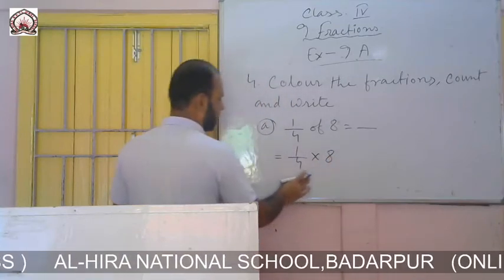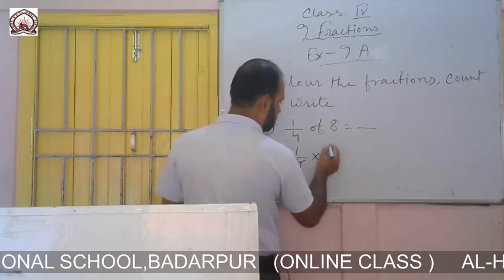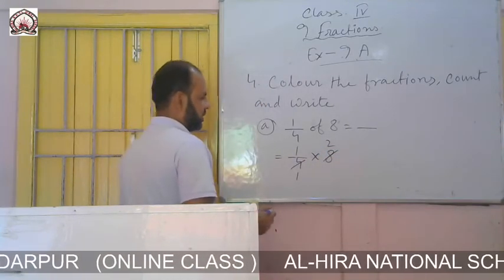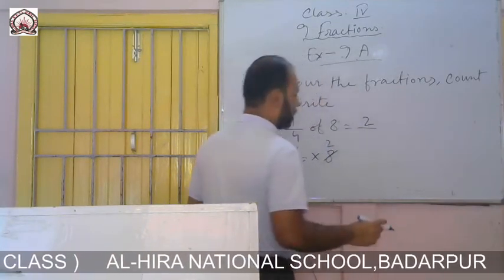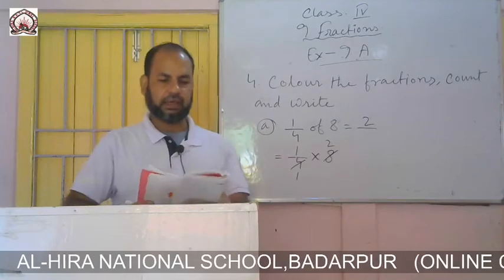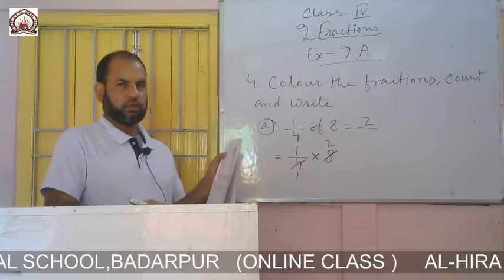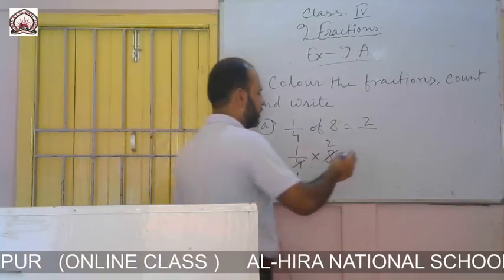So if you cut, then we get 4 1s are 4, 4 2s are 8. So 4 2 1 is 2, answer is 2. So we have to color 2 triangles. Or another way we can do this one,